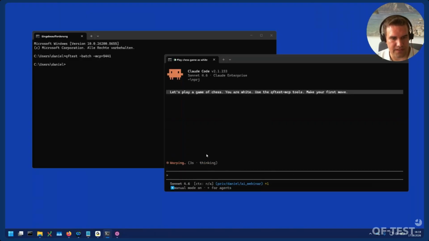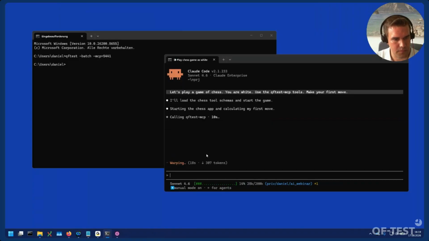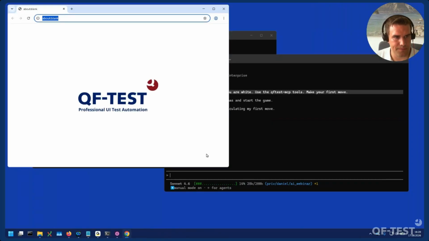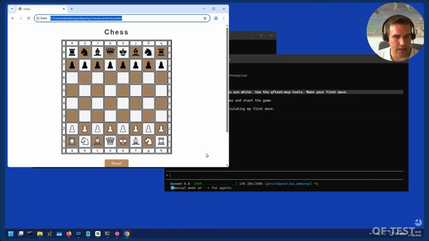And since I provided a start tool, he should be able to start my chessboard. As you can see, he's trying to start the chess app and calculating the first move. So he's calling our MCP server. Any second now. There we go. And he started